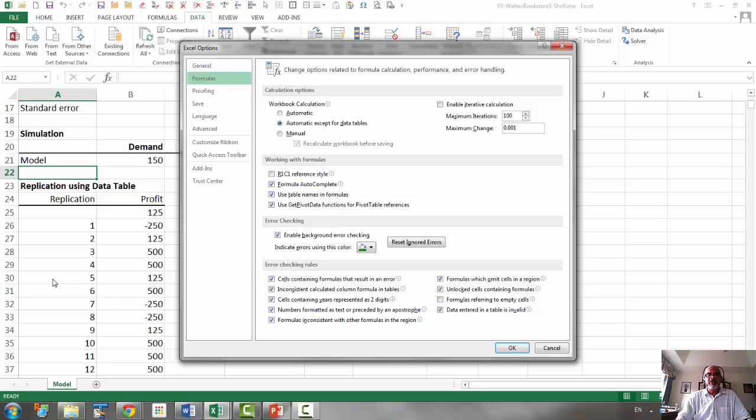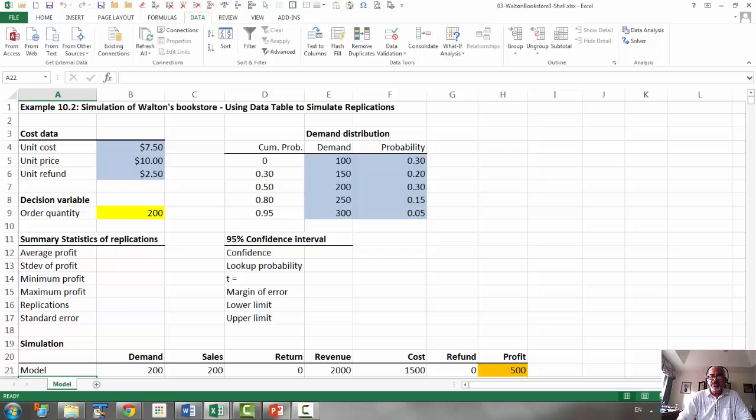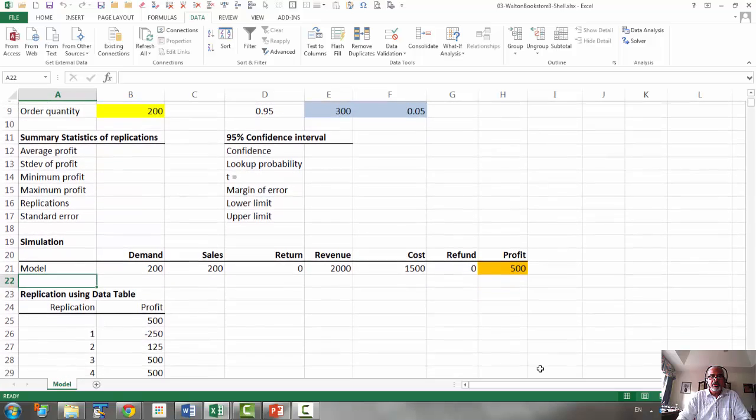So it is convenient to select this, but of course when you do that, then you have to make sure that after you do something, you press the F9 key so the recalculation occurs. So F9, depending upon how you set up the auto recalculation, you have to either press the F9 or not. Okay, now that we have the replications done using data table,